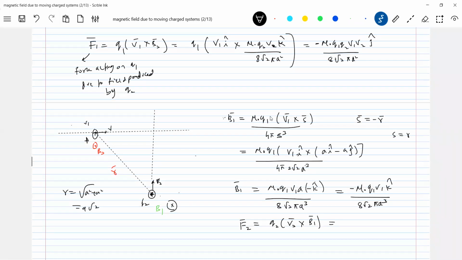Sir, velocity is in J direction, no, sir? Velocity is in x-axis, no? It is in J direction, sir, in this second case. Oh, this is J direction, no? J cap. Better I'll write it. Yeah, J cap cross minus of mu naught q1 v1 by 8 root 2 pi a square